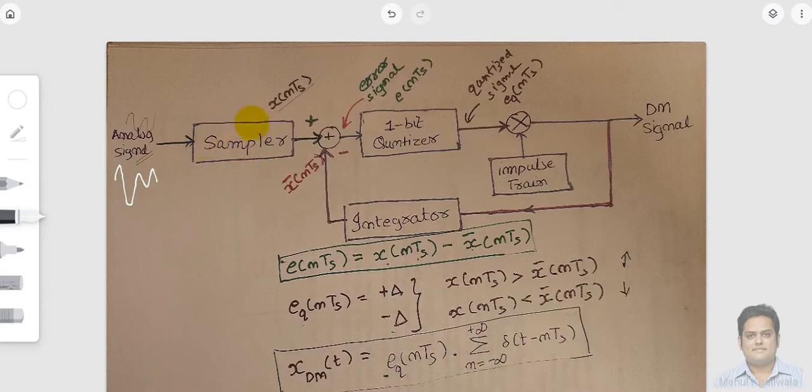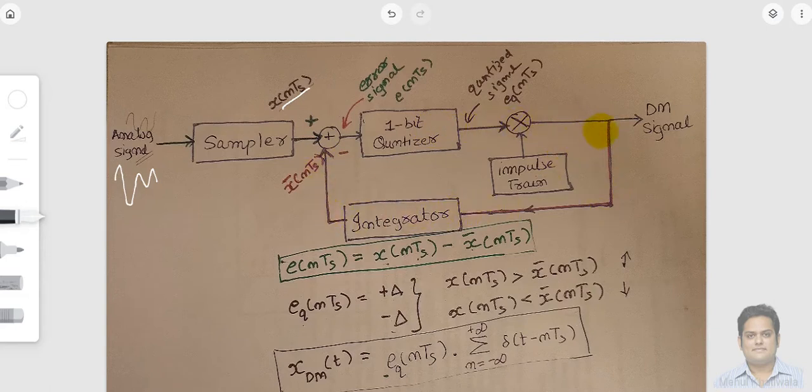So let me call this sampled output X of nTs, fine. Whatever input signal I am sending, the output generated by this sampler I am denoting with X of nTs.